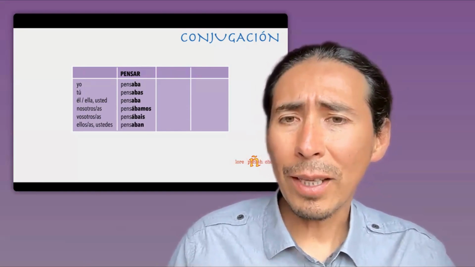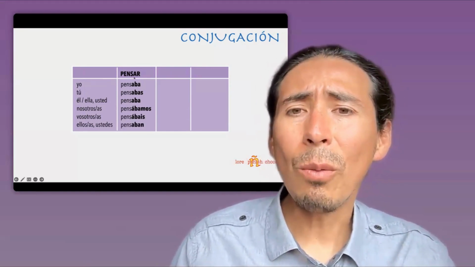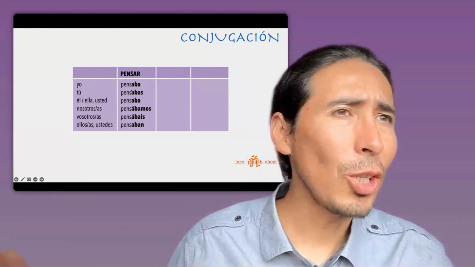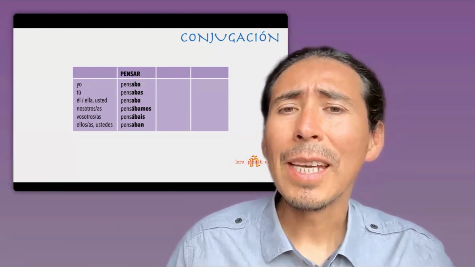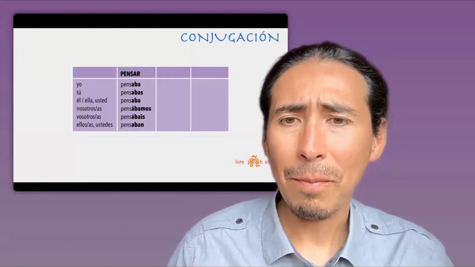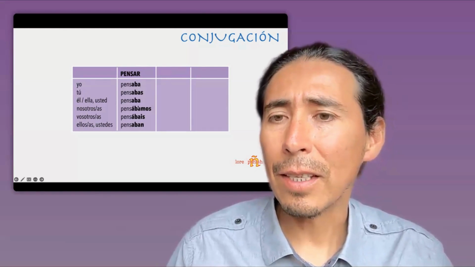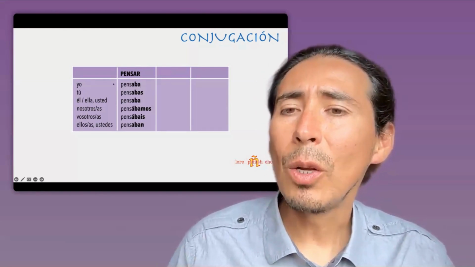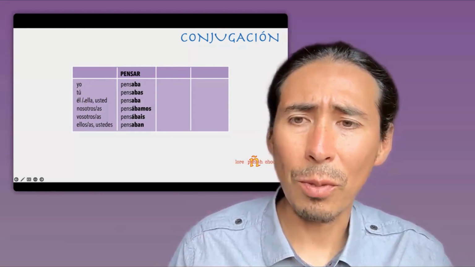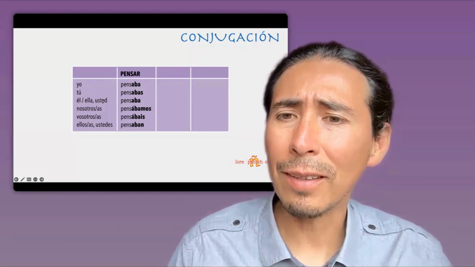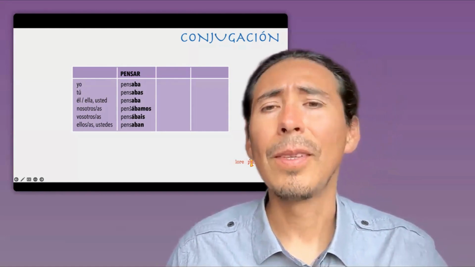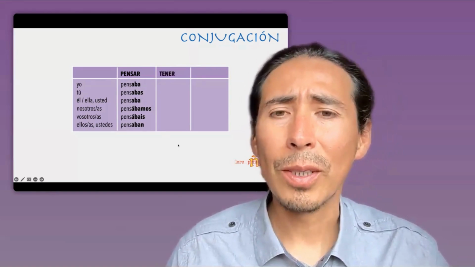And look at this pattern in all verbs ending with "ar". All verbs in general, 100% of the verbs, are going to have this pattern of the aba and then the endings. And something important as well. Look, the yo form, the first person singular, and the third person singular, él, ella, usted, have the same conjugation. So let's go to another verb.